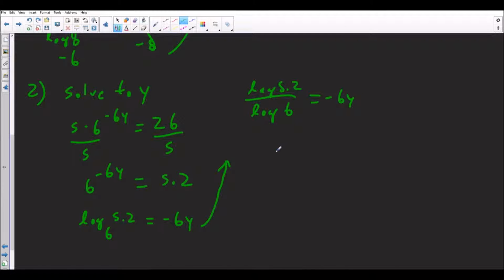If I calculate this number, I get 0.92 is equal to negative 6y. We're going to divide by negative 6, divide by negative 6. So then y is equal to 0.92 divided by negative 6, which is just equal to negative 0.1534. So that's our y. So all we did was get the exponential stuff by itself and then convert it into logs, and then easily we can solve